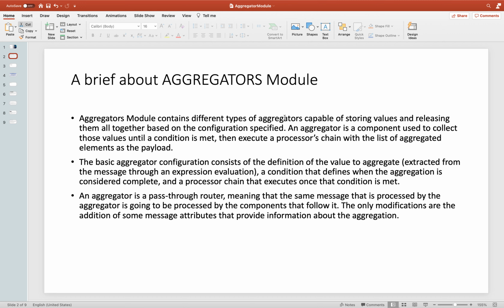It also has a condition which defines when the aggregation is considered complete, and a processor chain that executes once this aggregation condition is met. It is basically a pass-through router, which means the same message that is processed by the aggregator is going to be processed by the rest of the components that follow it. The only modification is the addition of some message attributes that provide information about the aggregation. We will be discussing all these points very shortly.